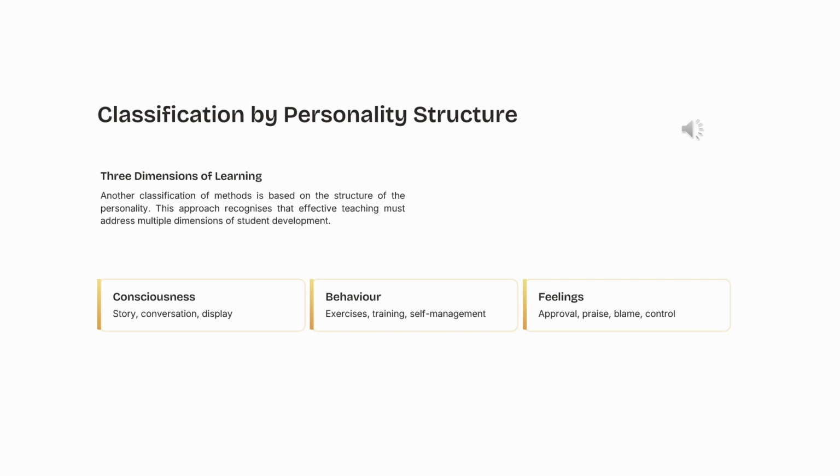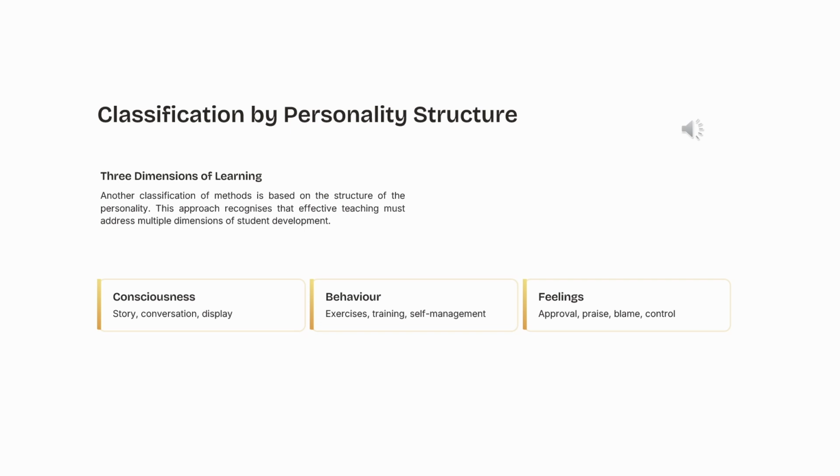Methods directed toward consciousness include story, conversation, and display. Behavior is influenced through exercises, training, and self-management. Feelings are addressed through such forms as approval, praise, blame, and control. Consequently, effective teaching must be multidimensional. It should shape not only what the student knows, but also how the student acts and responds emotionally within the